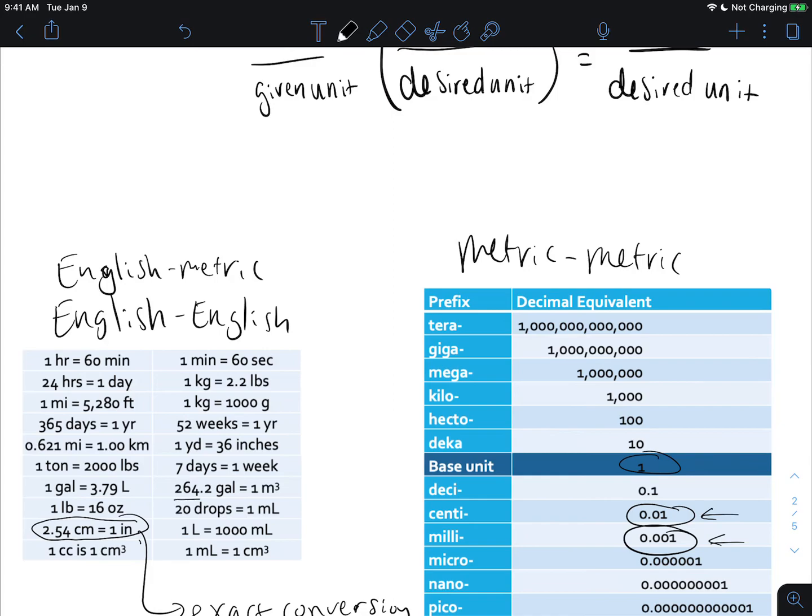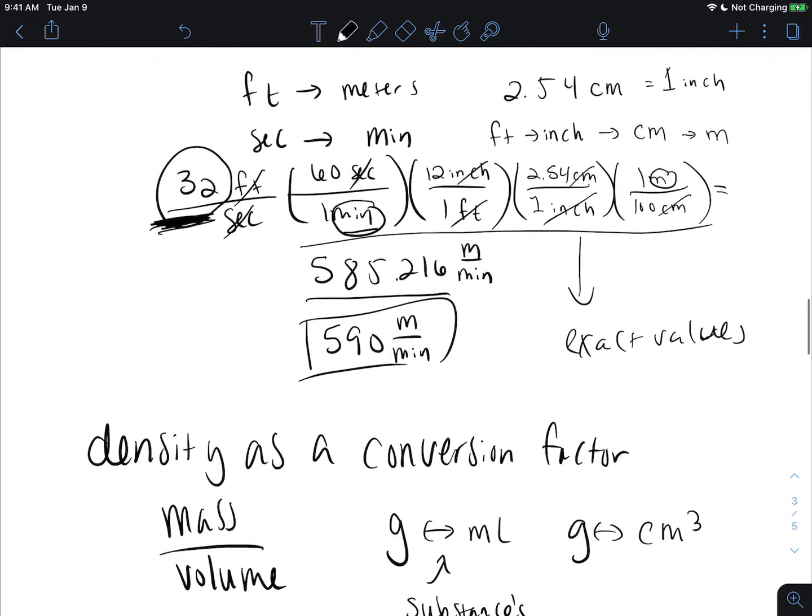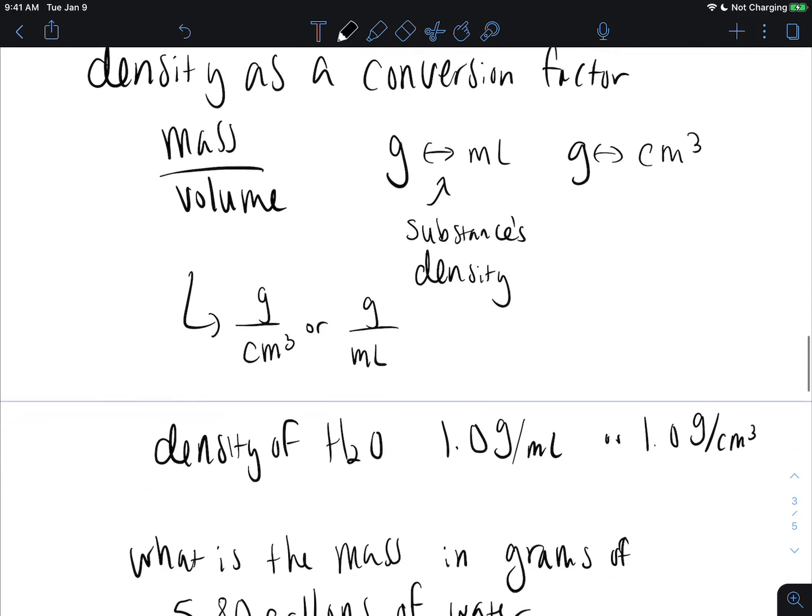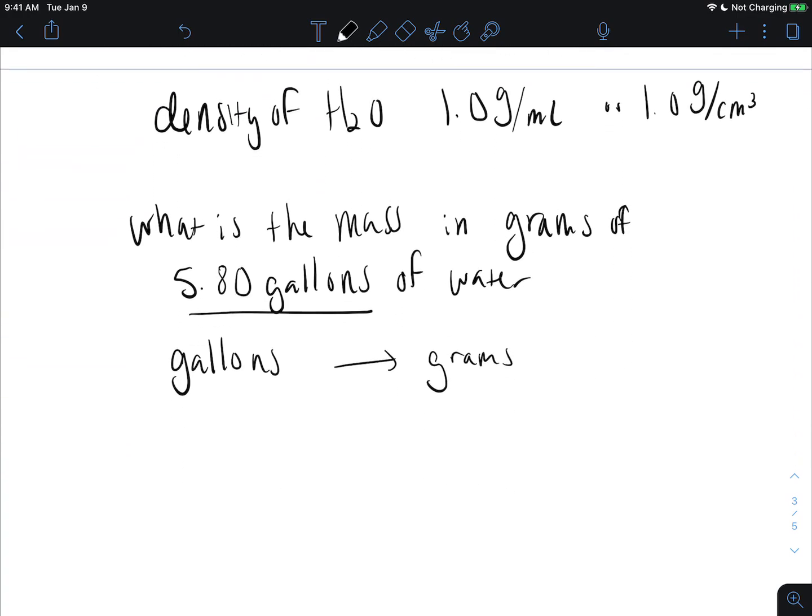Here we go. Here are gallons right here. There are 264.2 gallons per 1 meter cubed. 264.2 gallons in 1 meter cubed. So we can take our 5.80